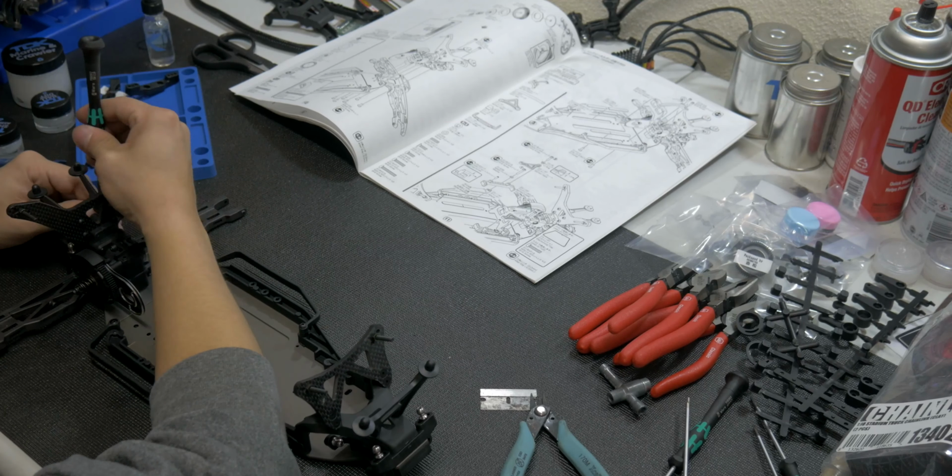So, just a little note about the build process so far. Everything else is going pretty smooth. Once you get to page 11, you're going to install the new battery system, which in theory works well, but